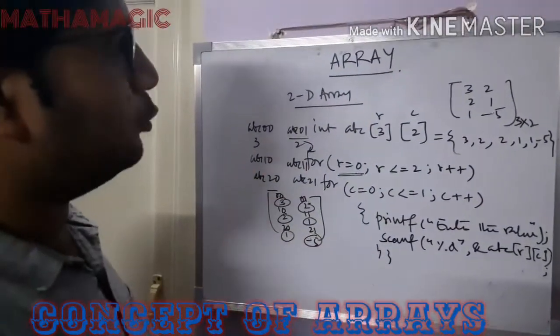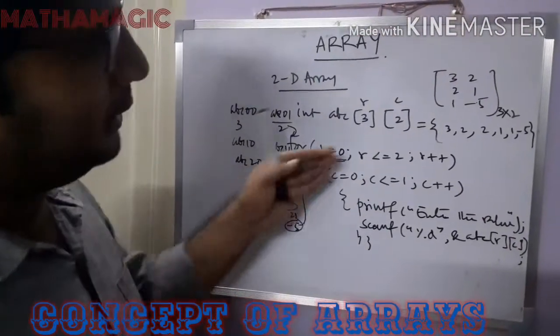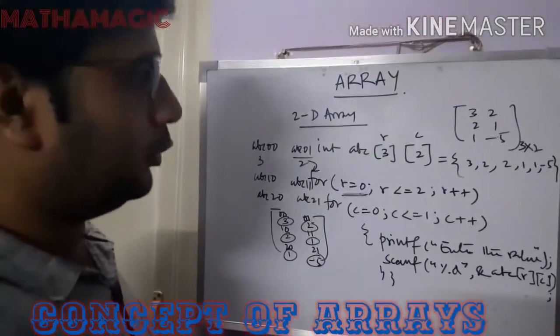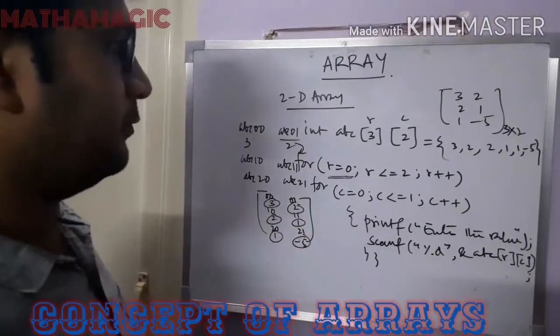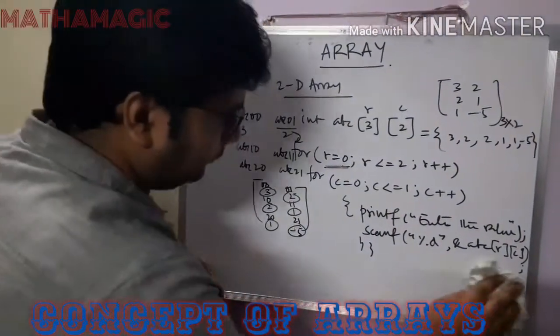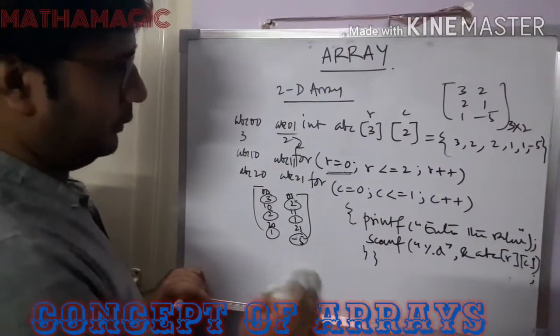This is how the two-dimensional array can be stored by using the for loop, rather than directly giving the value. Directly giving the value is not at all preferable. By using this for loop, we have to do so many programs related to this one. So just try to understand the concept. Please note it down so that it will be helpful.